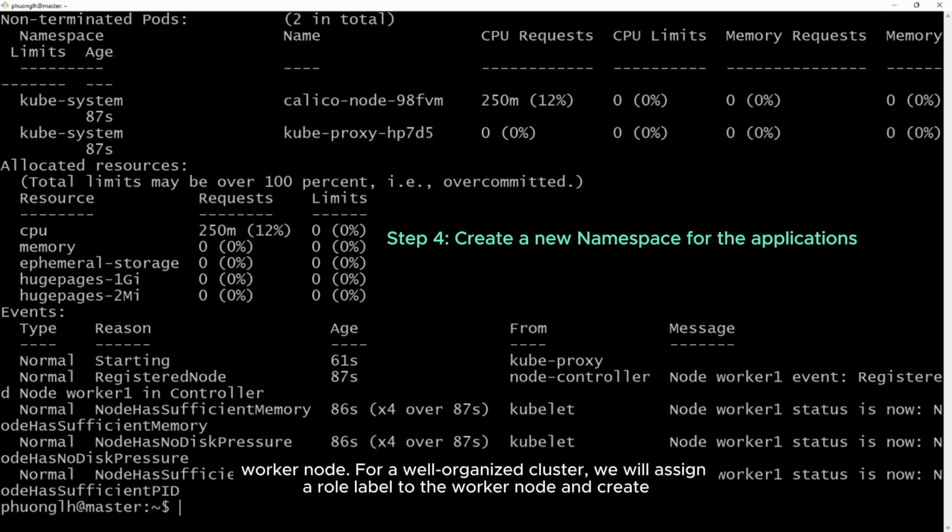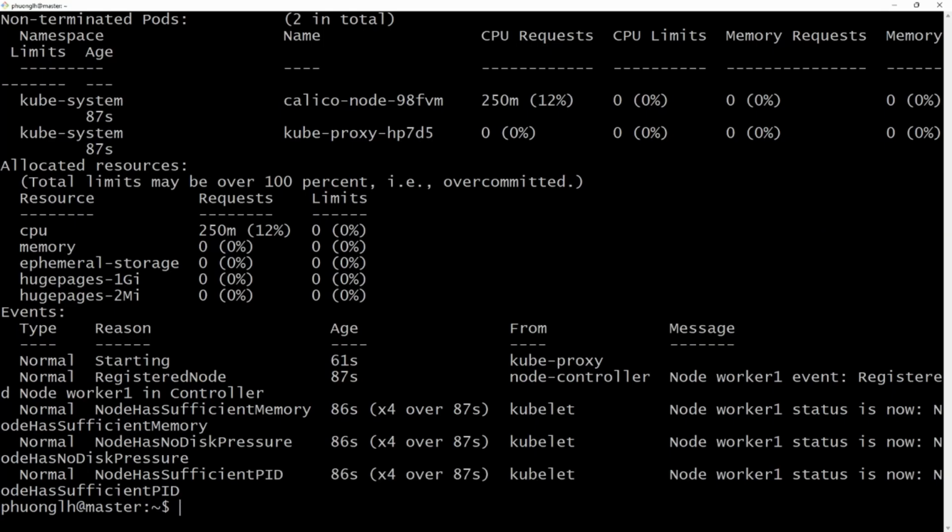For a well-organized cluster, we will assign a role label to the worker node and create a new namespace for the application. These operations help manage resources more easily, especially when the cluster scales.